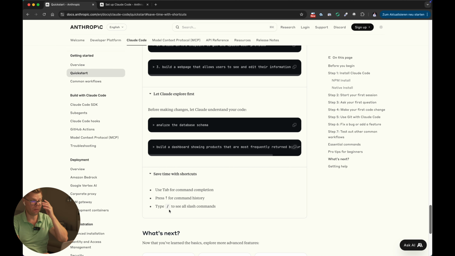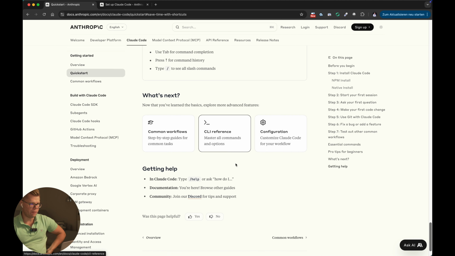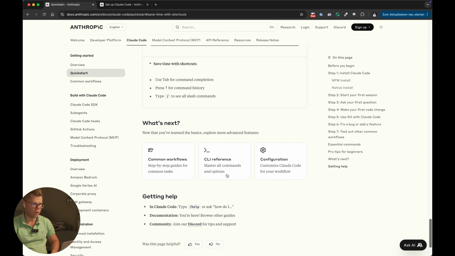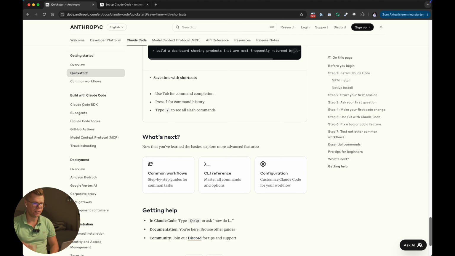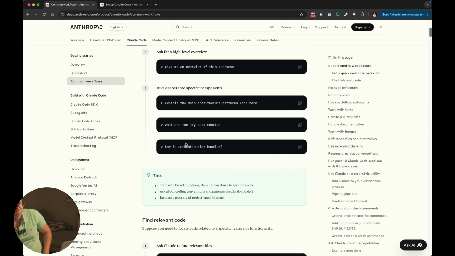And if you need more help later on, you can type /help or ask "how do I," and then Claude Code can explain this to you. Or you can check the official documentation with the shortcuts every time if you are starting with Claude Code. We already explained the installation and the basic commands, and here regarding the common workflow,